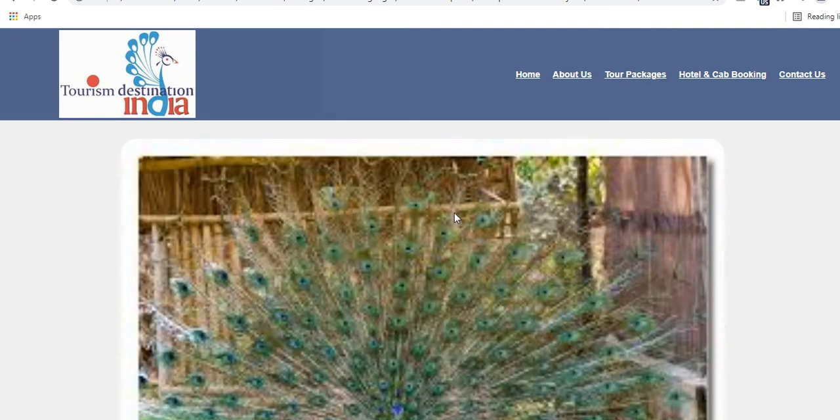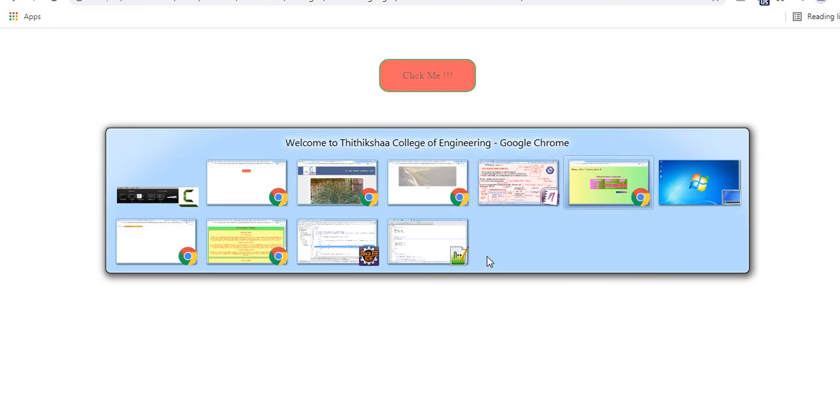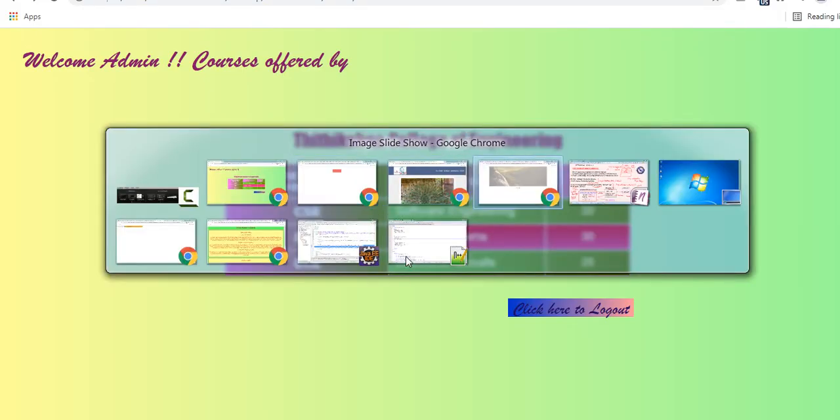Okay, next one, this one we have seen. Next I'll show you this also we have seen. This also we have seen. Another one is this one, we'll see. See, this is done with jQuery. If you click on this, it goes. Now you can give the example. Just play it, right? If someone clicks and the text disappears, they'll be shocked. That's it. See, it's moving.